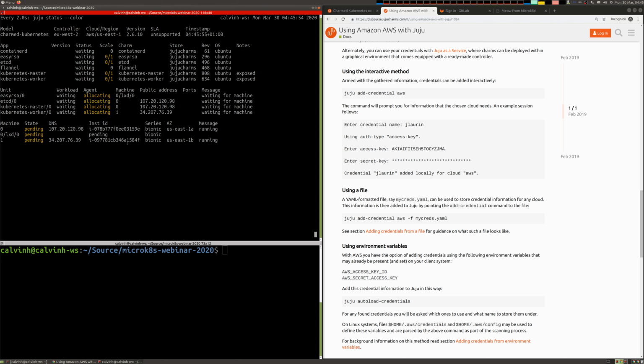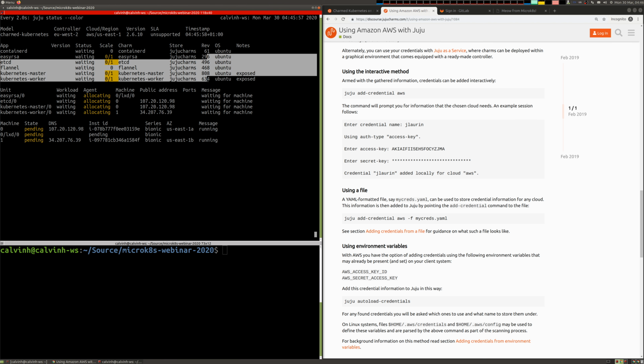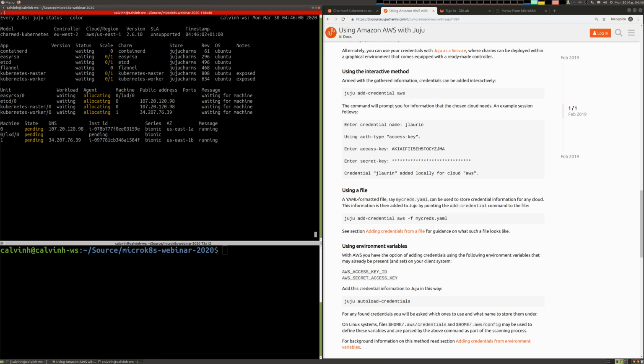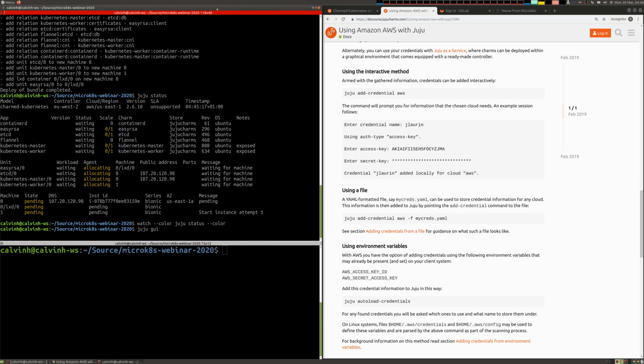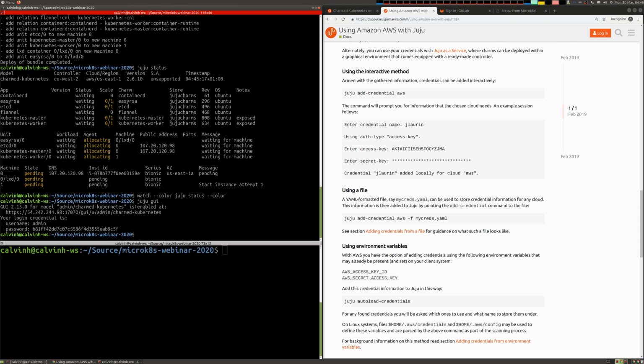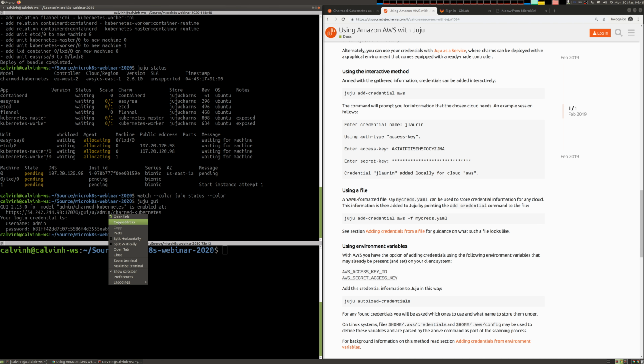And you can see in here that each of the different charms has an application name, and it has a different revision of the charm, because each one of these is independently revisioned and then released as part of a release every so often as well. Now, Juju itself is a command line tool, but it does have an optional GUI as well. So if I jump onto the GUI here,